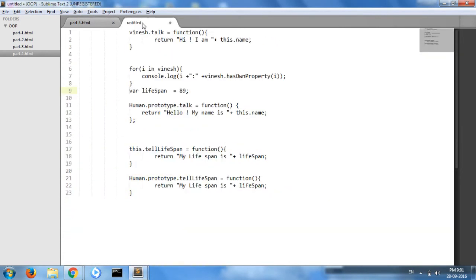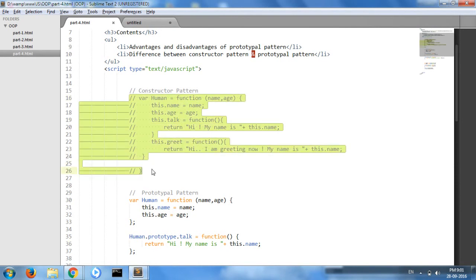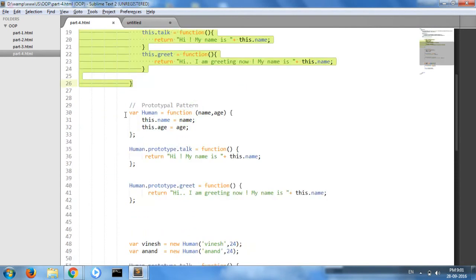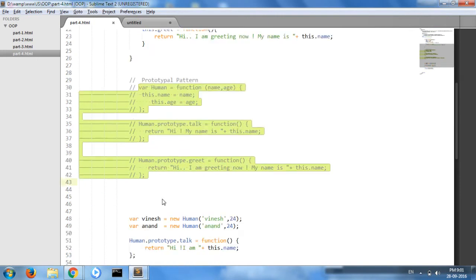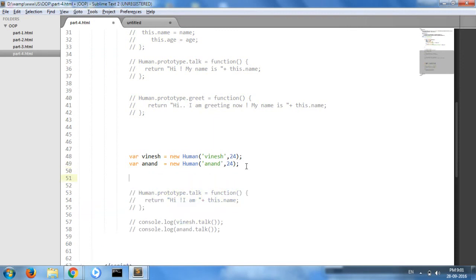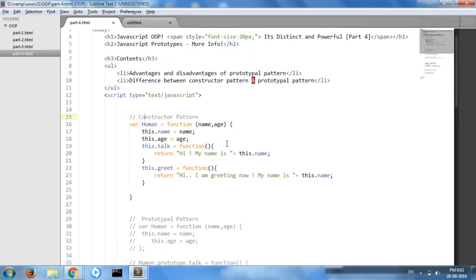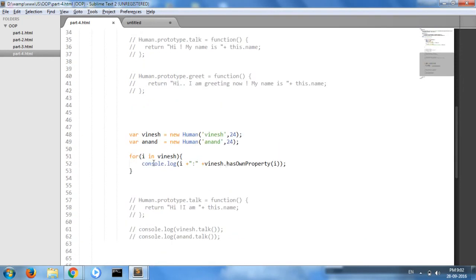We have a method in every object called hasOwnProperty. Let me show you a demo. Now I'm using the constructor pattern. I have just commented this. So now I'm just going to console something. I have created the object Vinesh as a new instance of the human class using the constructor pattern, and now I am